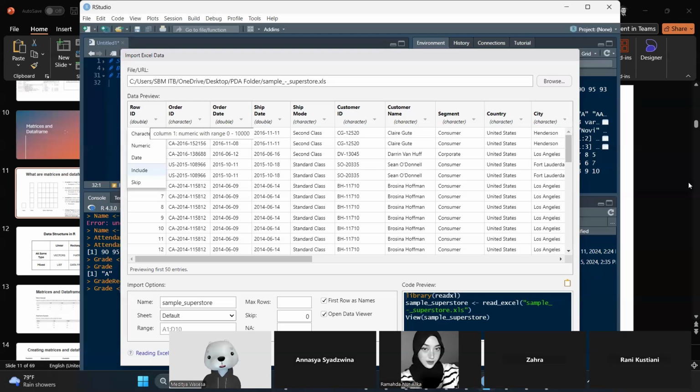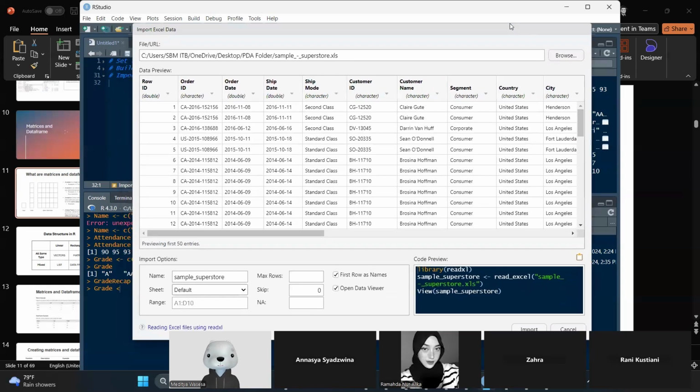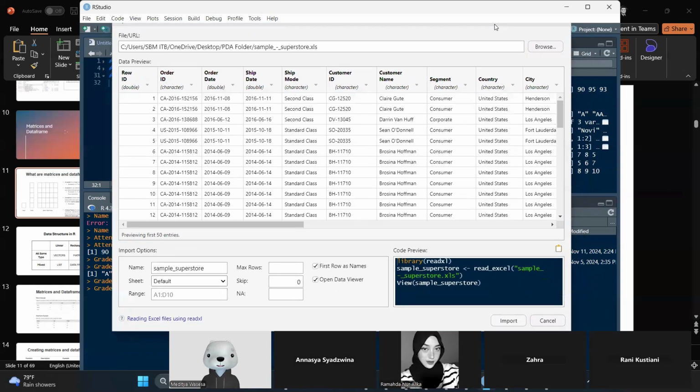And then after that, this is actually the code that is generated if you do this. At the right bottom corner, I would like to give my data set a name.